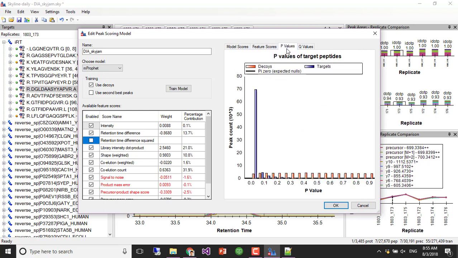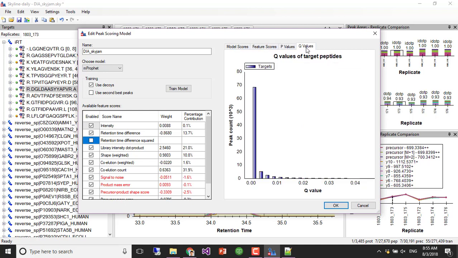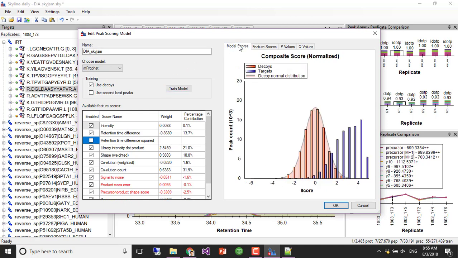But yeah, you can certainly explore the feature scores, the p-values, the q-values. Q-values are all, again, if we look at what proportion is below 0.01, which is our 1% false discovery rate, most of our q-values end up there. I mean, this is certainly a nice model. We don't even see really a big hump here,